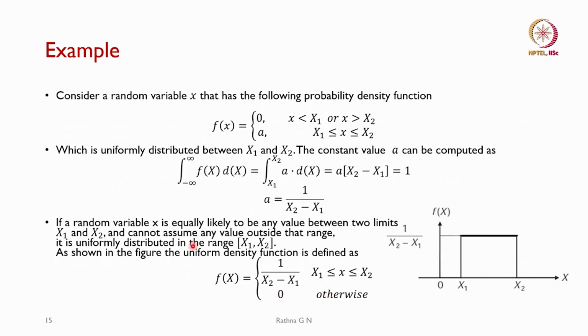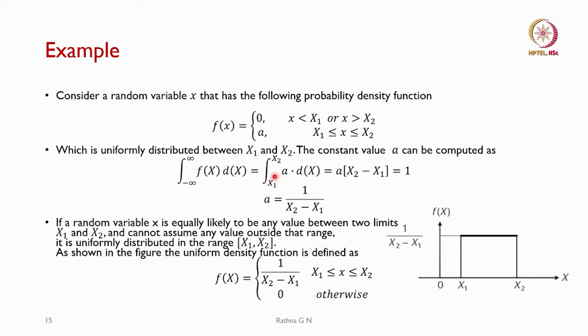Okay. As an example, we consider a random variable x that has the following probability density function: f of x is equal to 0 for x less than x1 or x greater than x2, and in the region x1 to x2 it is equal to a. Okay. So, we say it is uniformly distributed between x1 and x2, and the constant value a can be computed from this equation: the integral from minus infinity to infinity of f of x dx is equal to the integral from x1 to x2 of a dx, which is a into